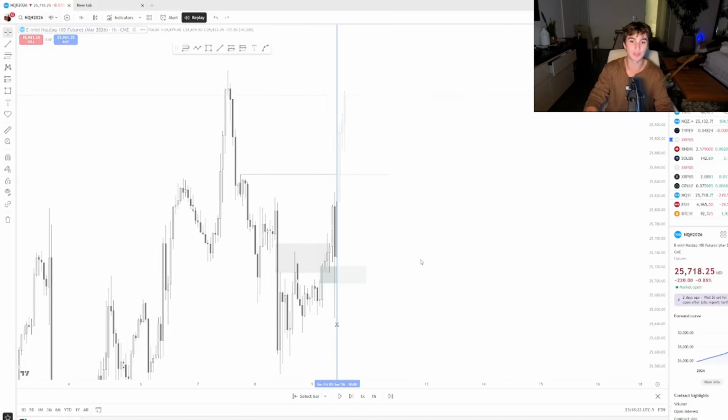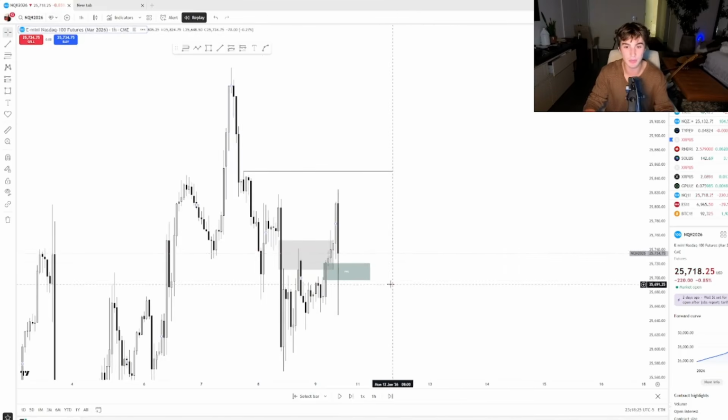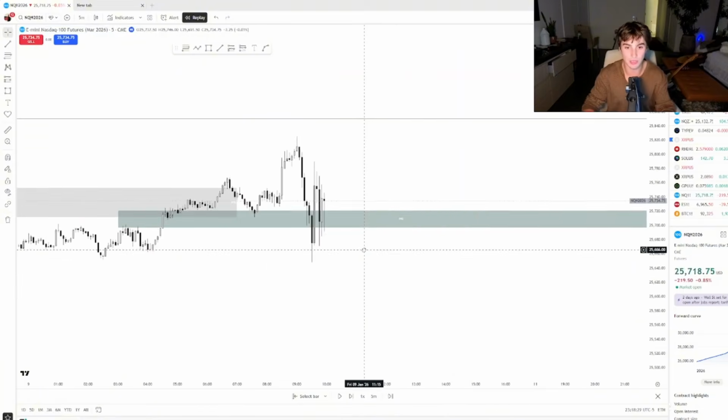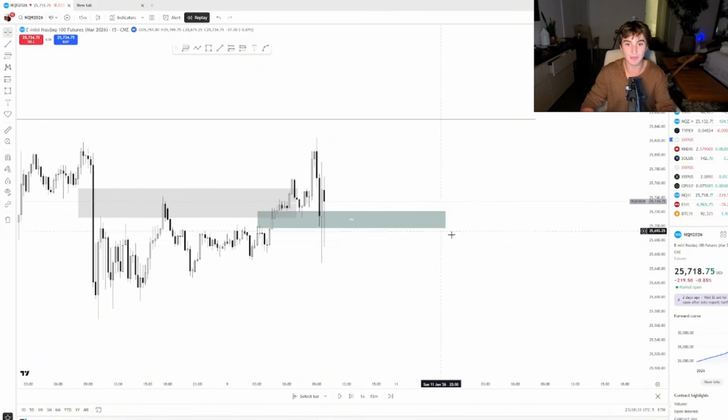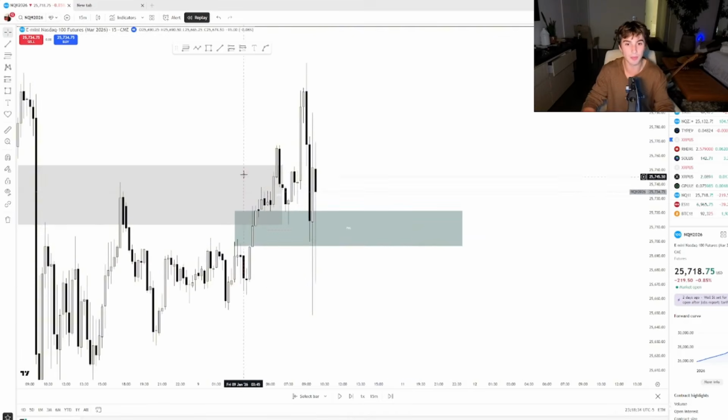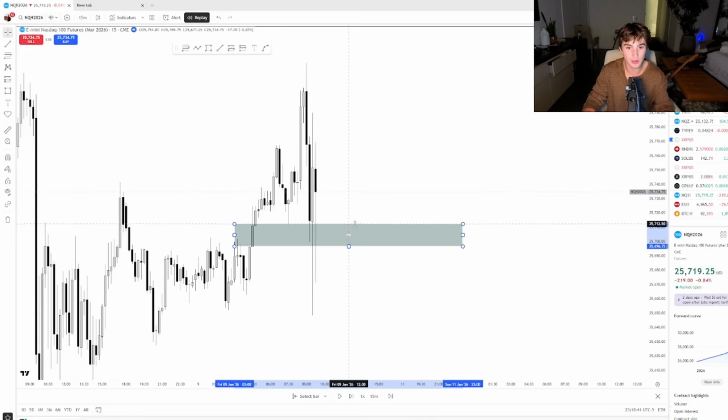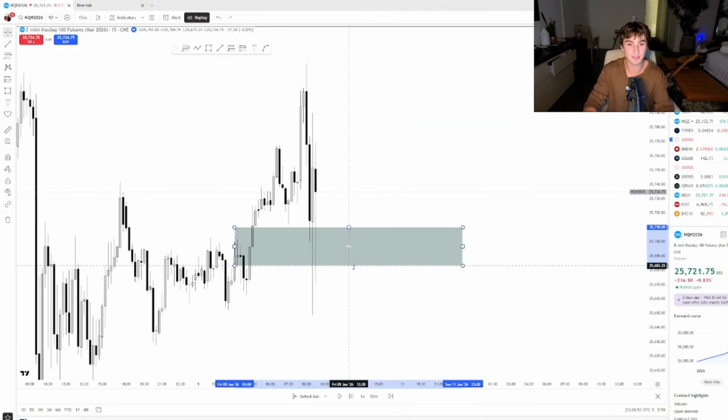And so now let's find an entry, right? We have the foundation, we have the bias being built, but now we've got to find an entry towards those levels. And so what do we look for? We look for those 5 and 15-minute gaps now, which is on the lower time frame pretty much. And then I see, okay, well, we're bouncing off that hourly gap and we're also bouncing off of these 15-minute gaps, these 5-minute gaps. I'm going to utilize this as my draw on liquidity finder. I'm going to set these as my conditions.